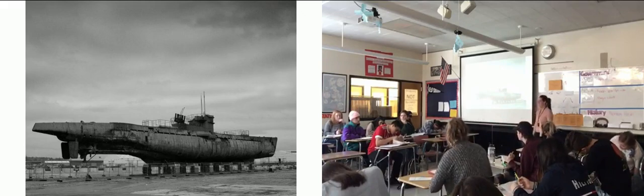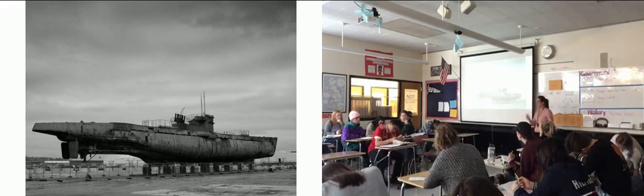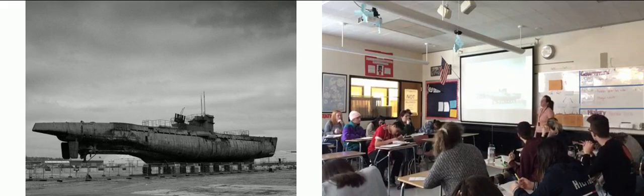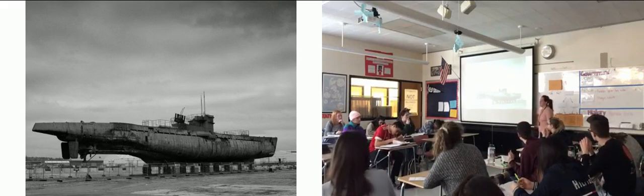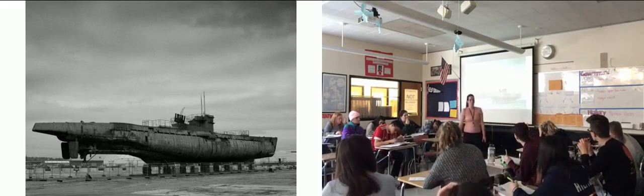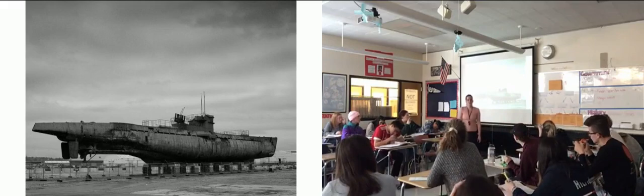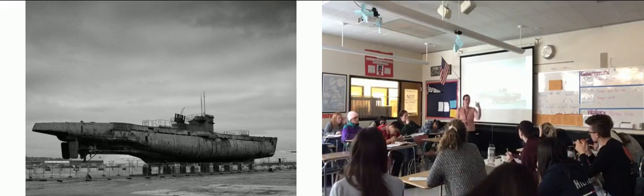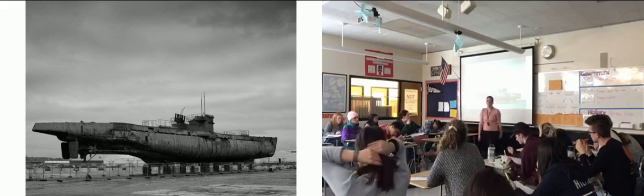Yes? This is for when Hunt for Red October comes, right? What's that? Hunt for Red October is during this time period? Or is that World War II? No, it's World War I. Yeah, Hunt for Red October, I believe, is World War I. Why is it called a U-boat? Underwater boat. But underwater, like a U shape. Yeah, but then the U is a German word. But we just call it a U-boat. You only need to know the word U-boat.